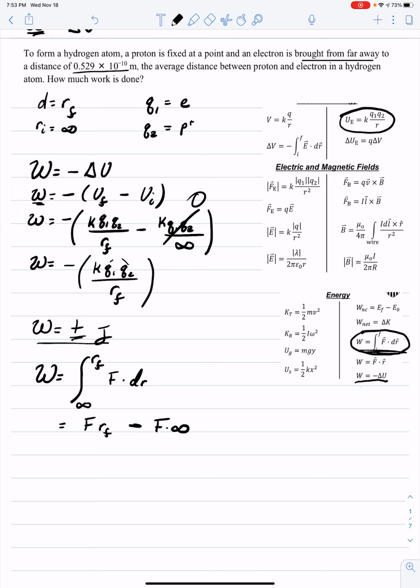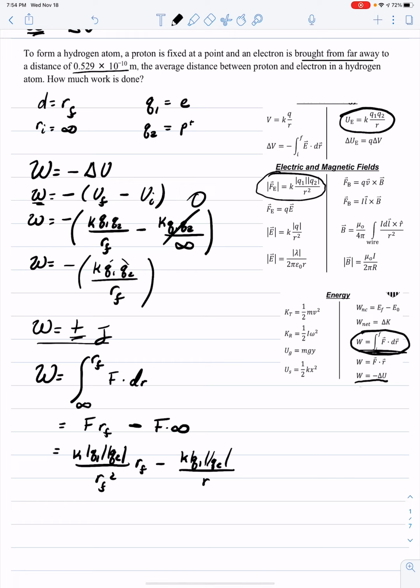And if we decide to convert that, we have the equation right here. And we can rewrite it as K Q1 Q2 over R final squared times R final minus K Q1 Q2